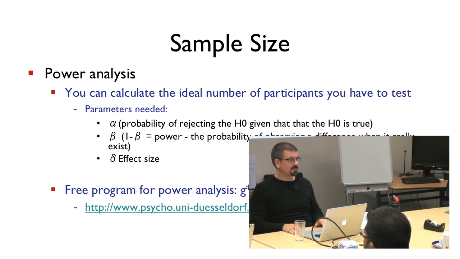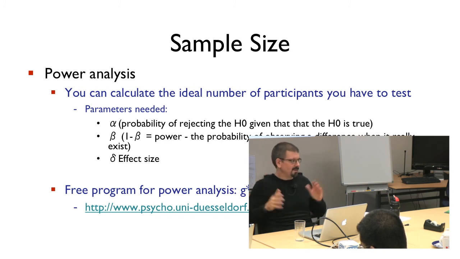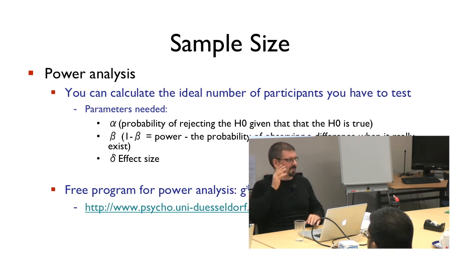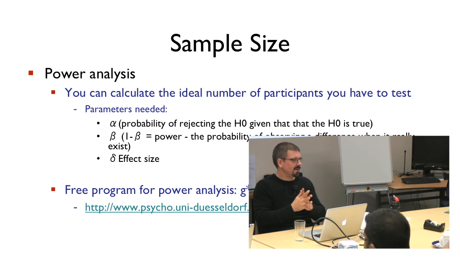The difficulty is basically to come up with the effect size. Alpha is basically set anyway. You set alpha most of the time at 5%. With beta, most of the time you set this at 80%. This is just a general way of doing it. You can read about that in more detail, but those are the common ways of setting those